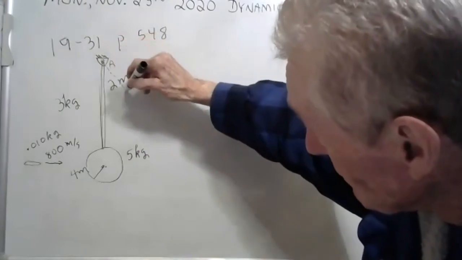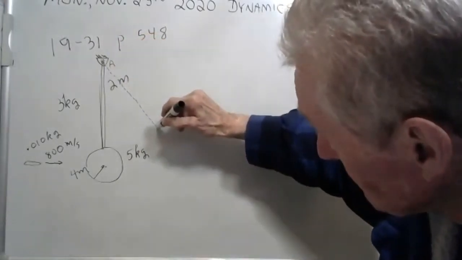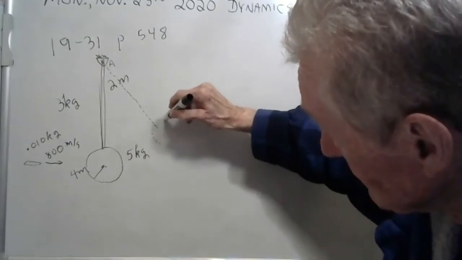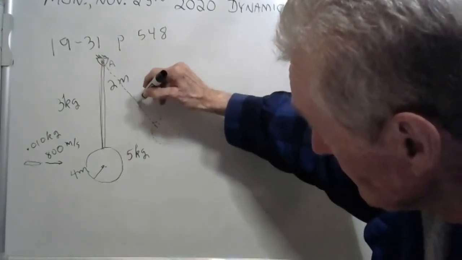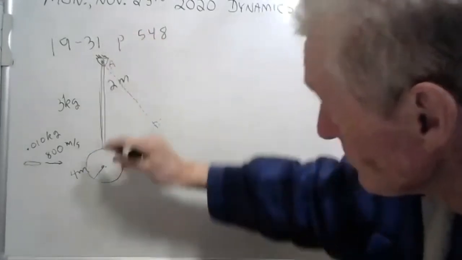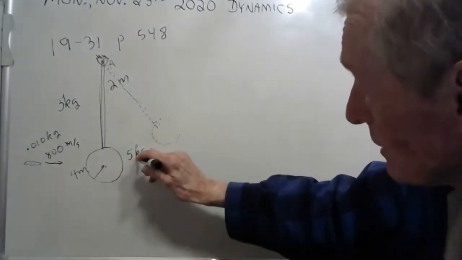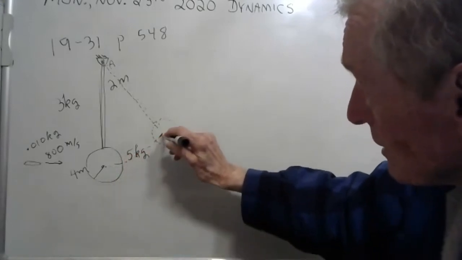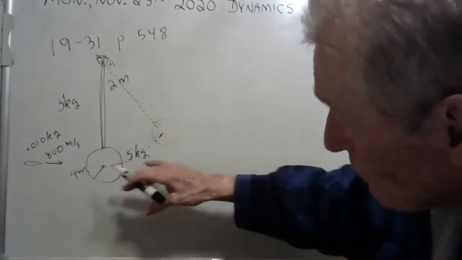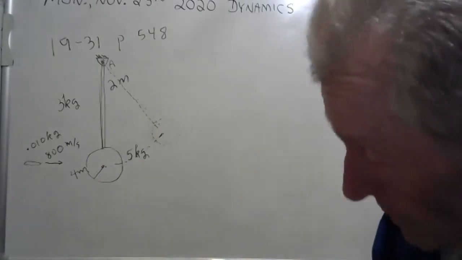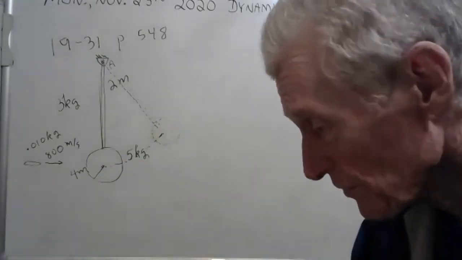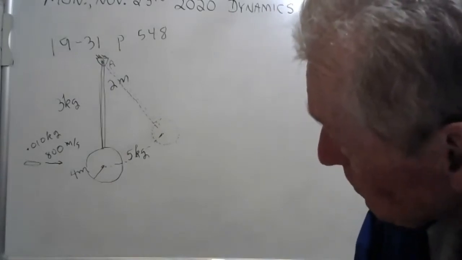I'll kind of fake it here. See, it swings up. That kind of makes sense, if the bullet embeds in it and there's a collision, and that happens very fast, and it imparts a